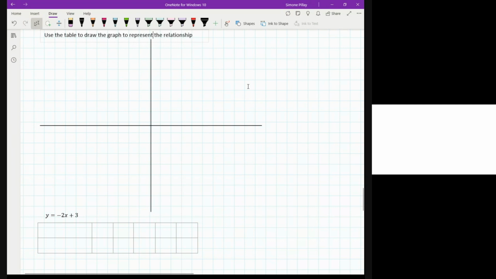the relationship. Again, we can pick our inputs. Someone raise their hand and tell me what inputs you guys want to pick. Input is X and output is Y. Anybody want to tell me? Yes, Itandile? Can it be negative numbers? Yeah, for sure. Can you please say -6, -5,